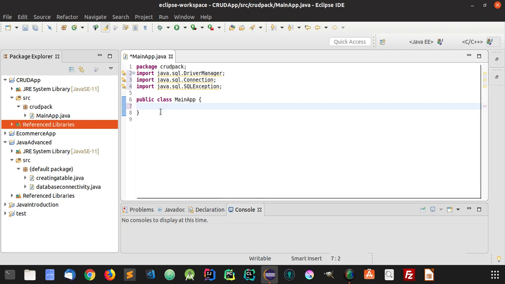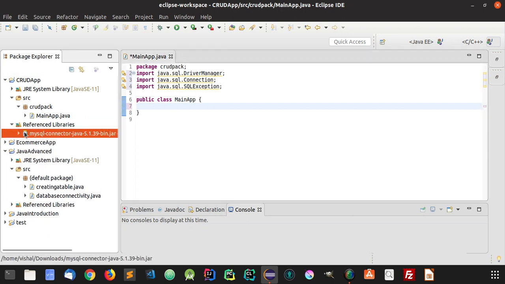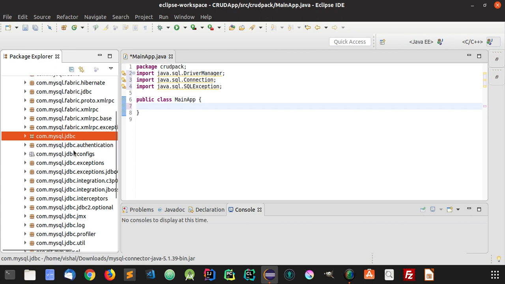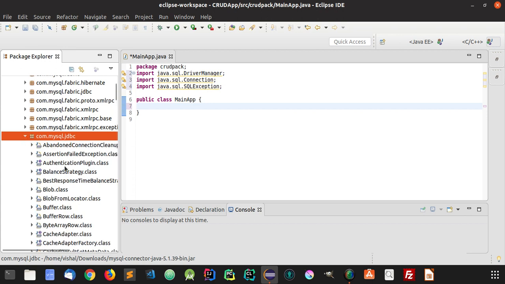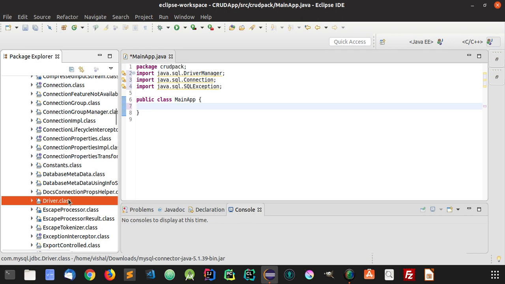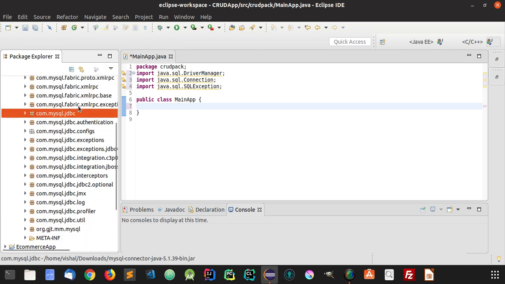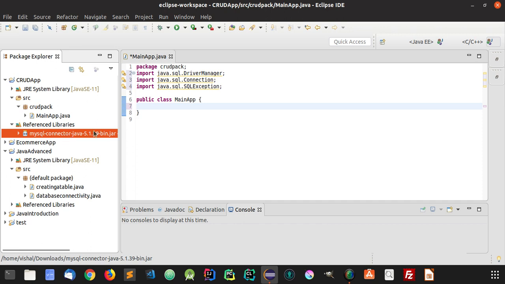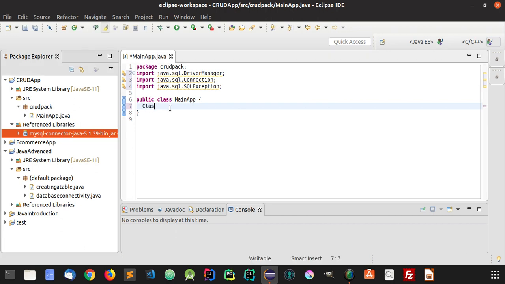So the first thing we have to do is see whether the JDBC driver is registered or not. We have downloaded this JDBC driver. You can see that this is the connector, and if you expand it, you will be able to see that it contains the JDBC driver, and this JDBC has a driver class also. You can see here that it contains a driver class. So to check whether you have imported or built the path to the JDBC driver, right? First, to check whether a class exists,